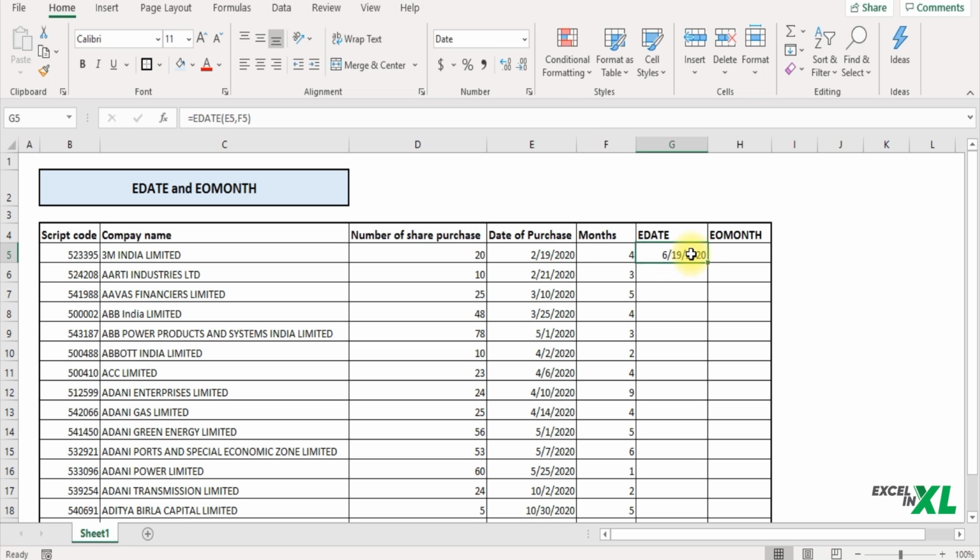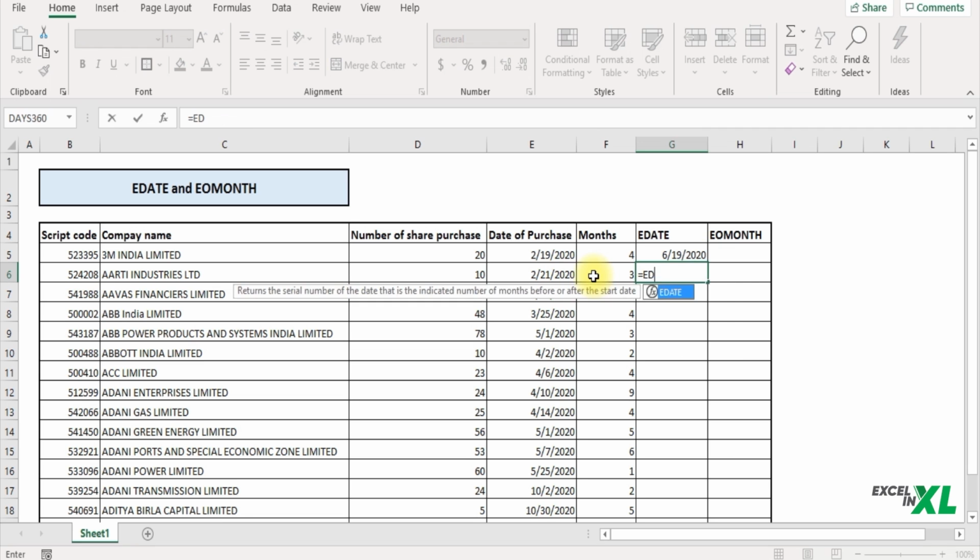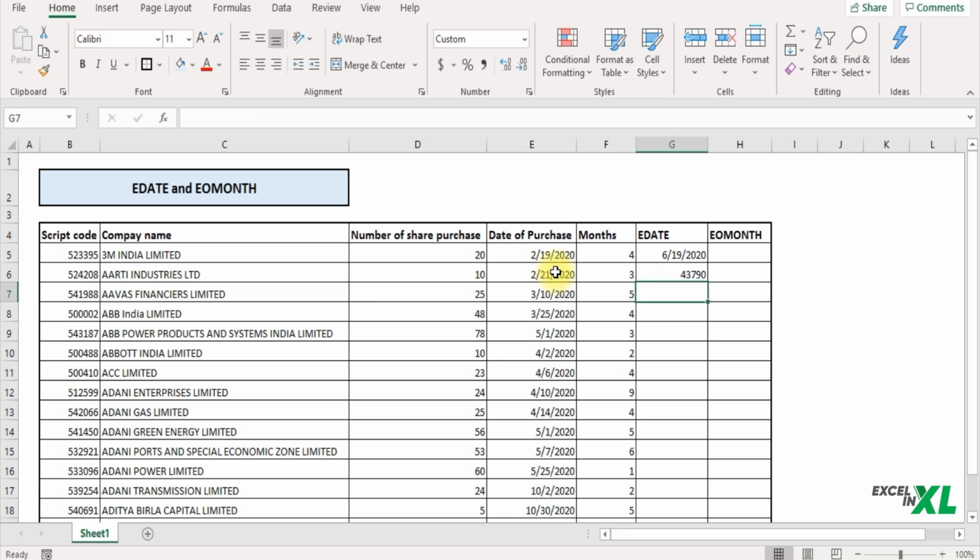Similarly, you can do the calculations backward also. How? If you want to find the date before 3 months, I again use the formula EDATE, given the start date, comma, this time I would write the months as -3. So it would calculate a date 3 months before. So again, let's change the format from general to date.